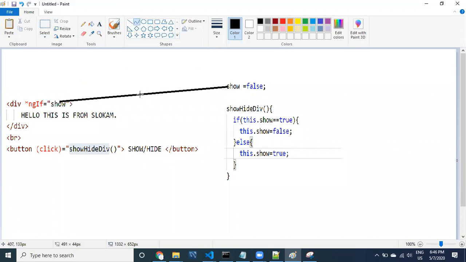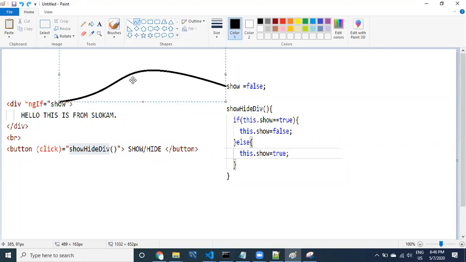Now I'm not going to write too much explanation here. Let it be, guys. This method is going to get called.